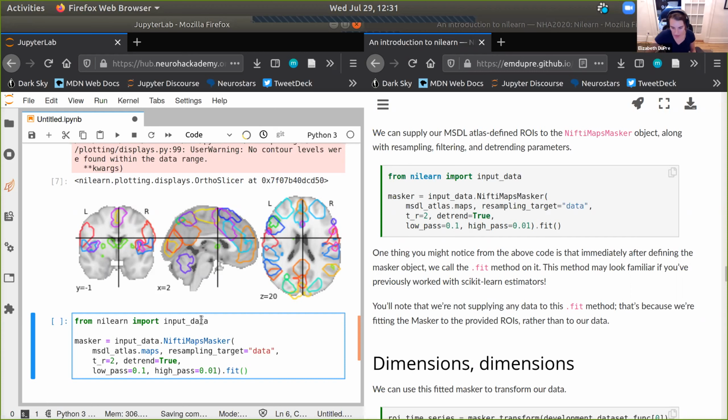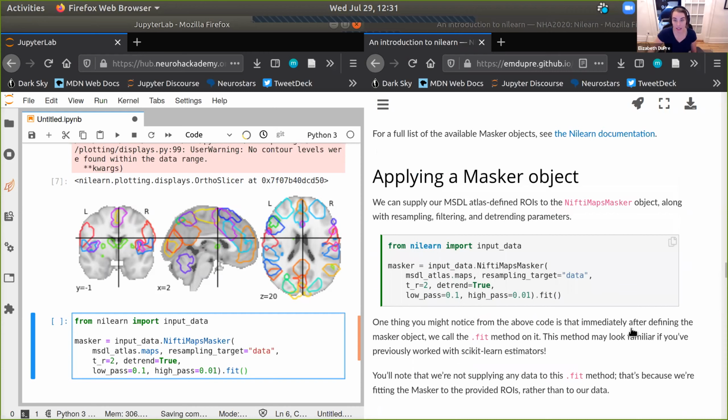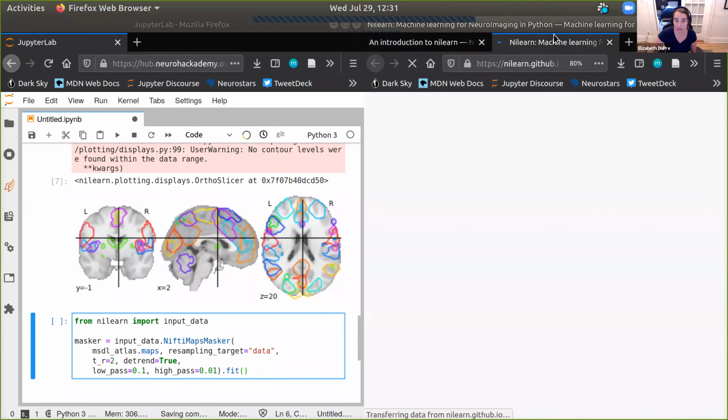Okay, so there's a quick question, which is: what is the main difference between NiftiMapsMasker and NiftiLabelsMasker, if the ROIs are not overlapping or not? Right, exactly. So the difference is if you're working with a probabilistic or a deterministic atlas. Great question. We walked through this a little bit here, but if you click over, it's going to take a little while.